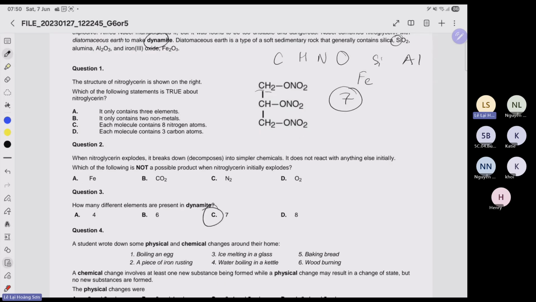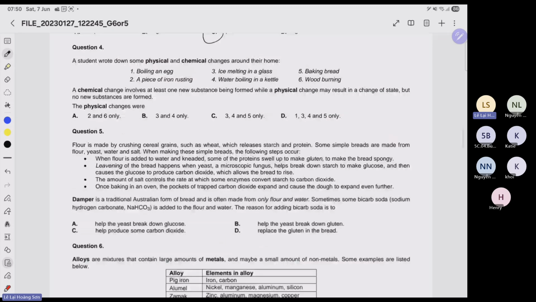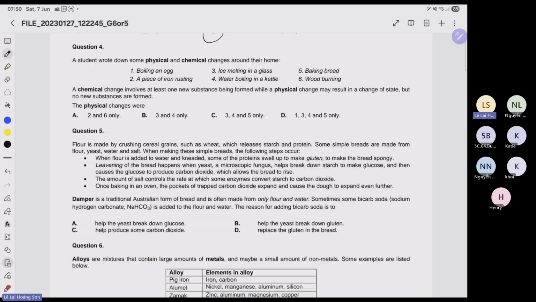Question number 5. Flour, crushing cereal grains, wheat, starch, protein, some simple bread: flour, yeast, water, salt, making 3 simple steps. Follow these steps. Okay. So flour added, and then make gluten, then leavening, add yeast, add salt,